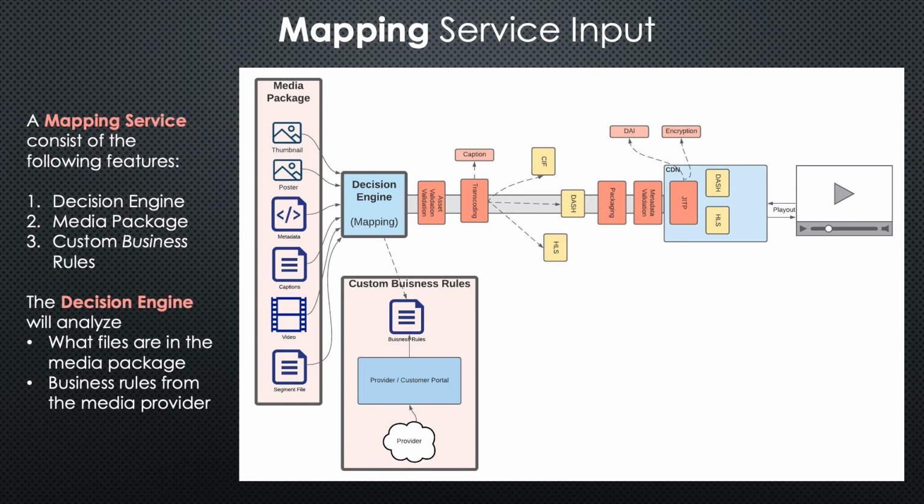So right here we have an example of a video workflow, all the way from ingest to playout. Everything in red is going to be a different service that is run. Then yellow is going to be maybe an example of the format that'll come out of that service. So what we see here is we have the media package and then some examples of files that may be in the media package. We see there may be a thumbnail, a poster file, there may be a metadata like an ADI, there may be a caption file, there will be a video file, and there may be a segment file, for instance, a file that